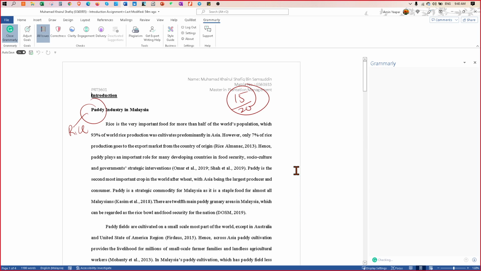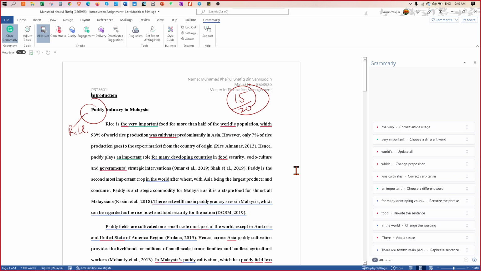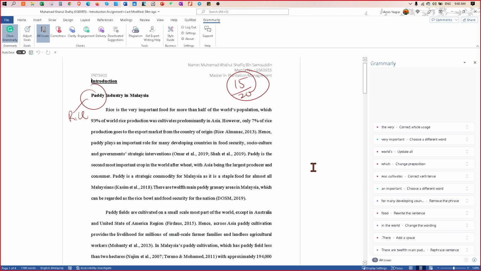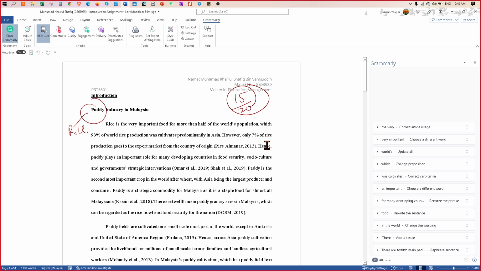Before submission, I'll tell you one thing: your supervisor is not responsible for checking your English, to proofread your writing up. This is why I introduced you first to Grammarly, Quillbot, and Mendeley.